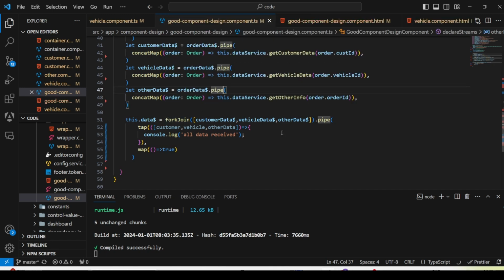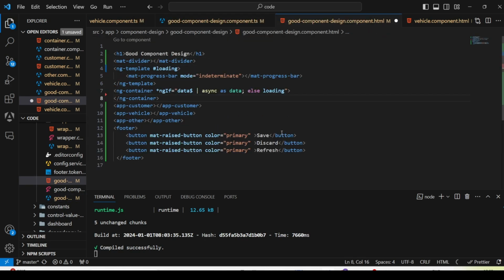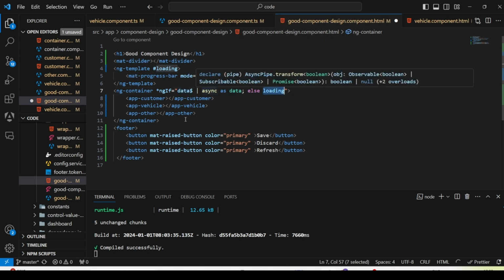Now let's implement the loader. Let's go to the HTML. Here we are going to use ng-template and ng-container. There is a separate lecture on how ng-container and ng-template work. Now we are going to wrap all three components into ng-container. Basically this code is doing: until we receive all the data, we are going to show this loading, which is a mat-progress-bar, and once we receive the data, we are going to show these